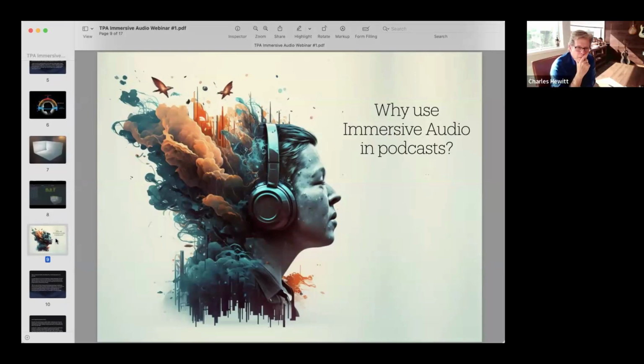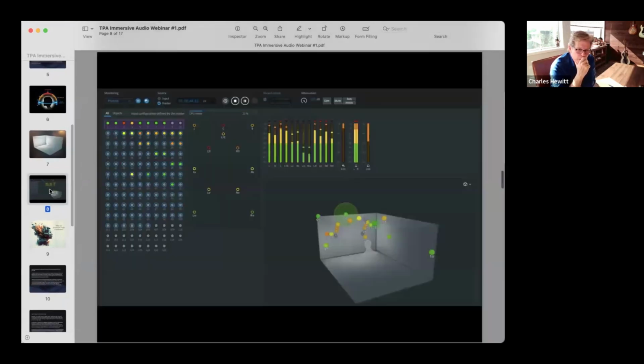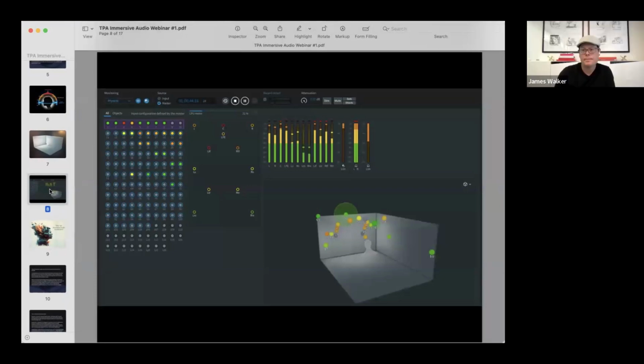So I kind of jump. Go ahead, Charlie. I'm going to ask you to go back one screen there, James. So the little dots, the yellow and orange dots you see on the stage there,